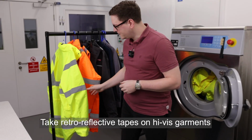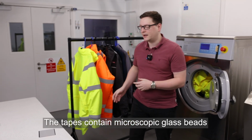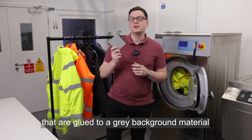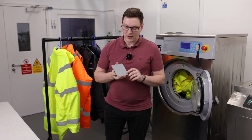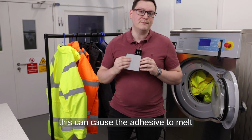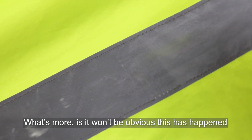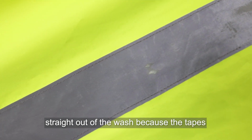Take retroreflective tapes on Hi-Vis garments as an example. The tapes contain microscopic glass beads that are glued to a grey background material. When washed at higher than allowed temperatures, this can cause the adhesive to melt and the glass beads to drop off. What's more is it won't be obvious that this has happened straight out of a wash because the tapes